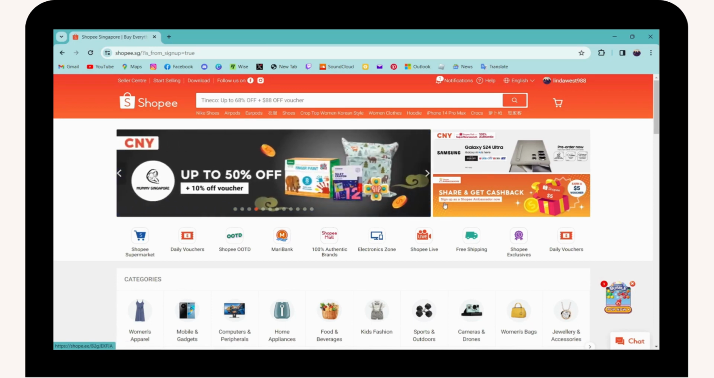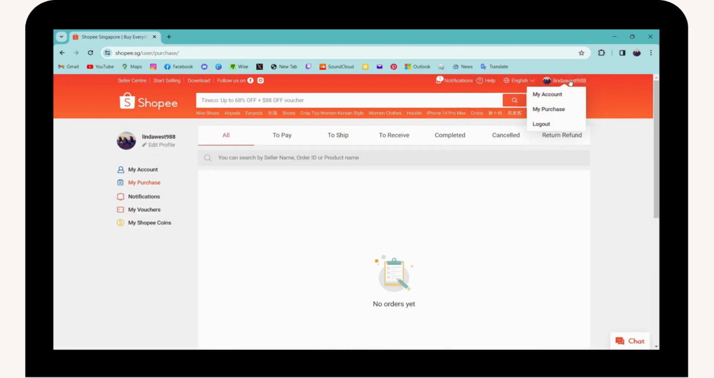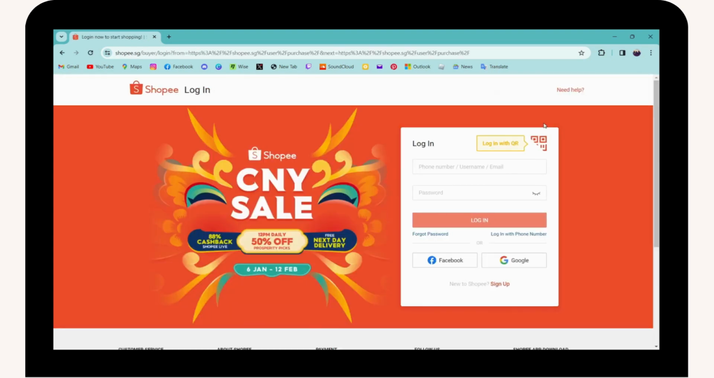what you can do is go for the upper right corner, which has your profile option. You can simply go for your profile, and here on the last option you will have log out. So you can simply click on that log out and you will be logged out of your account. So it was that easy to log out of your Shopee,